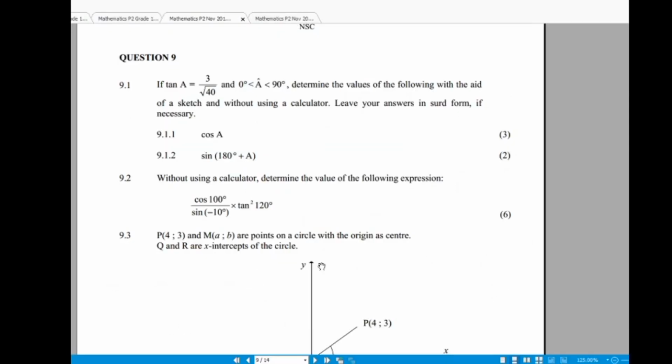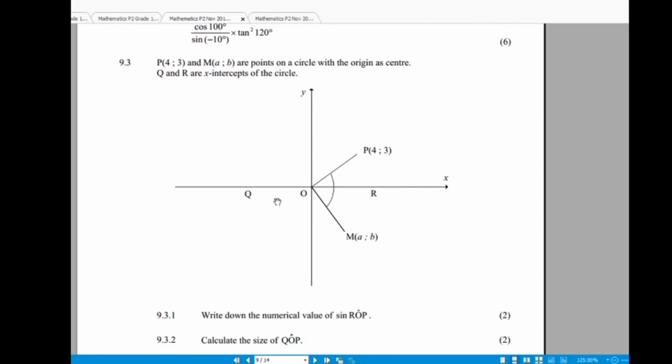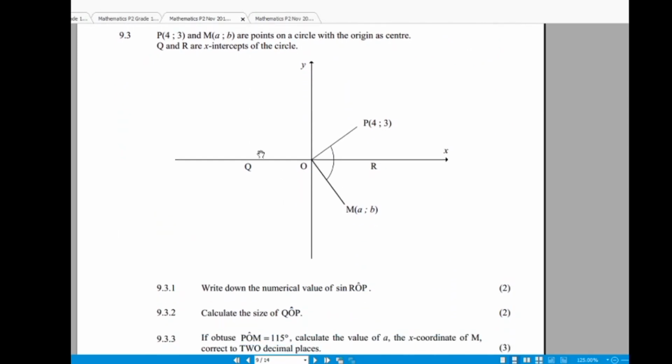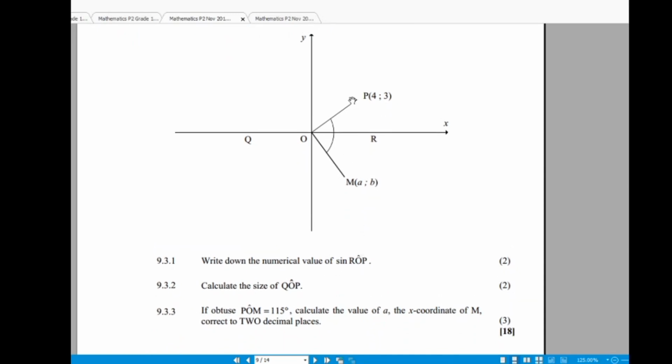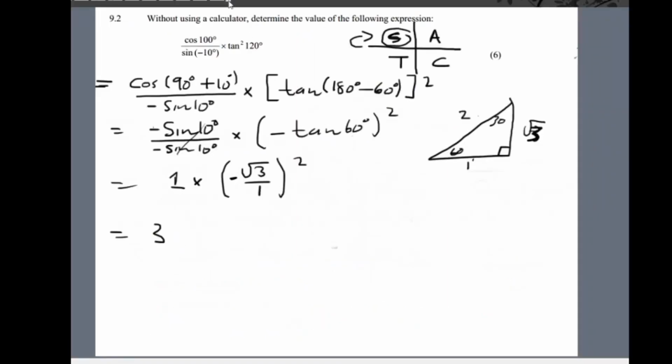Okay, moving on to the next question, 9.3. So 9.3, we are given this diagram. They are saying P and M are points on a circle with the origin as the center. Q and R are the x-intercepts of the circle. They want us to write down the numeric value of sine ROP. Sine ROP is this angle here. ROP is that angle. So now, to make things simple,